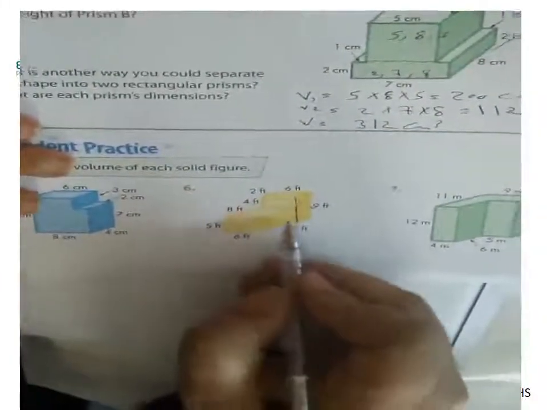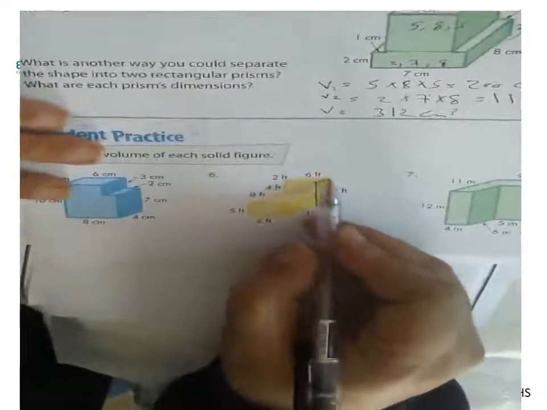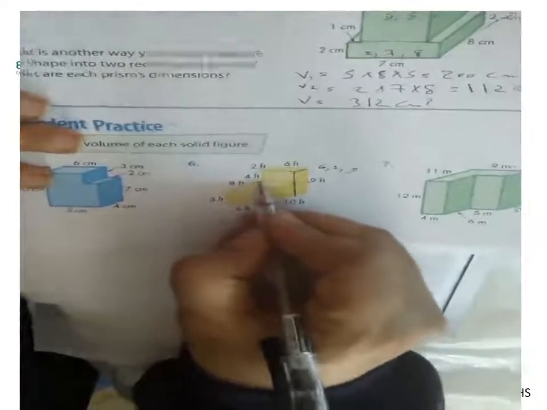Okay, look here, we have upper and lower, or right and left. Here we use upper and lower. Now here we use right and left. Okay, the right one, its dimensions here 6, 2, and its height 9. 6, 2, and 9. And the right and the left one here